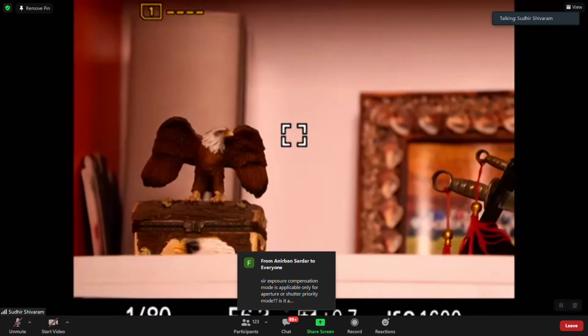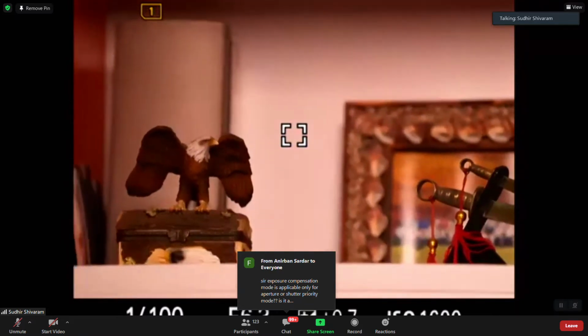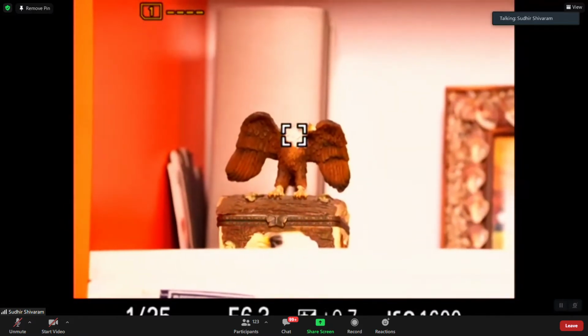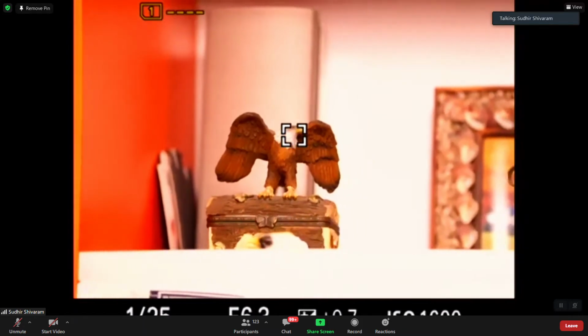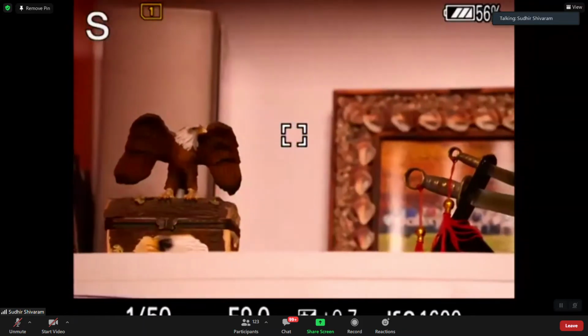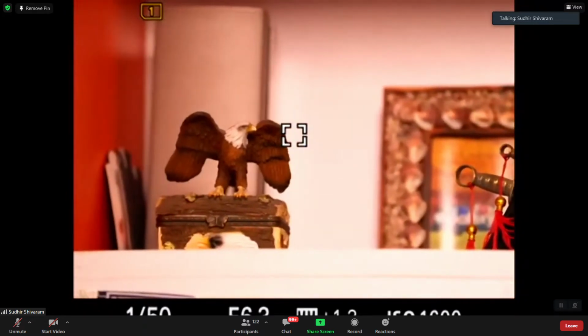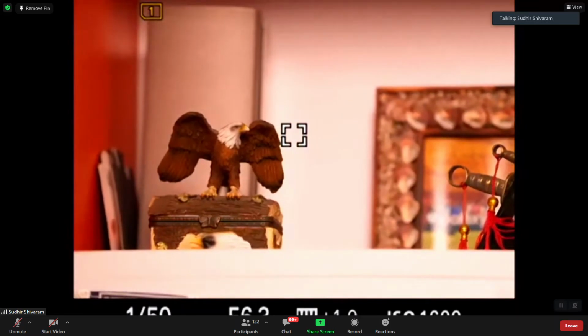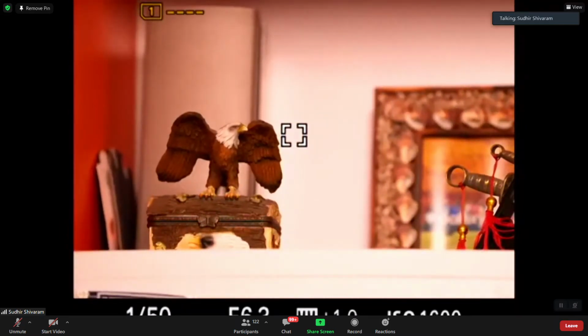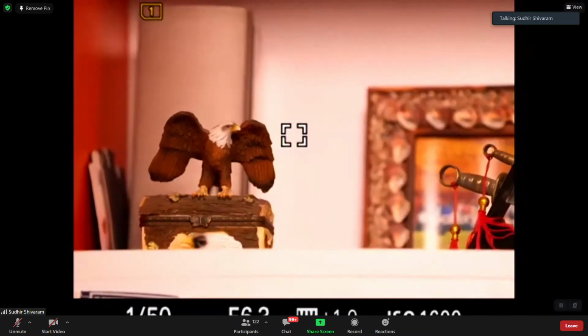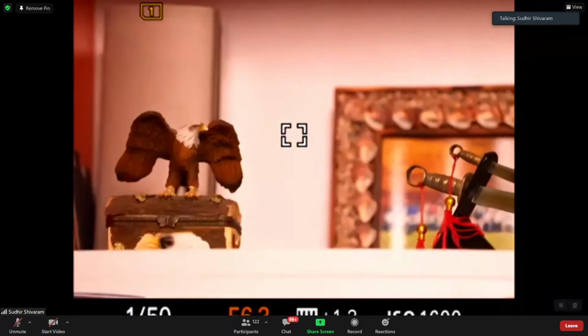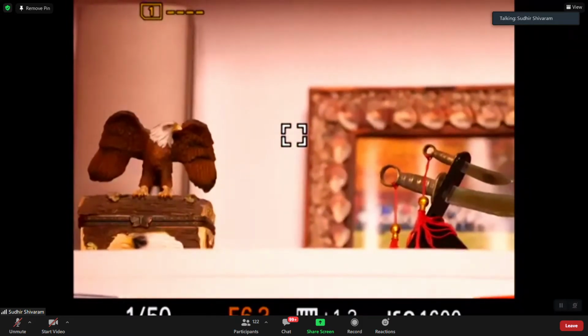Again, going back over here. So far what we saw was aperture priority. Now from aperture priority, I want to shift to manual exposure. In manual exposure, all three parameters have to be set manually. One of the parameters is aperture, which is f6.3, the lowest. So I don't change that. I keep it at the lowest.